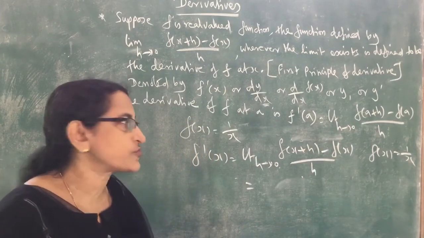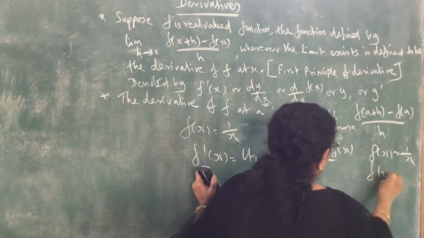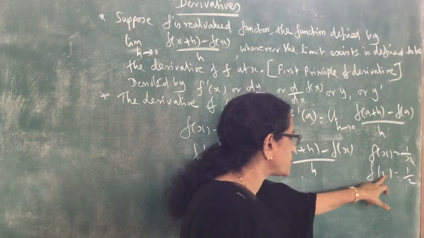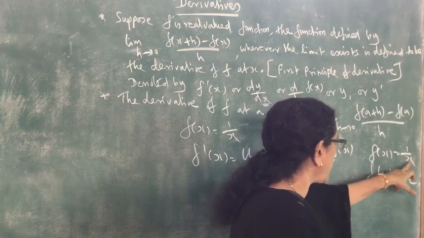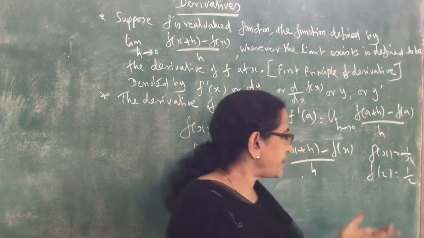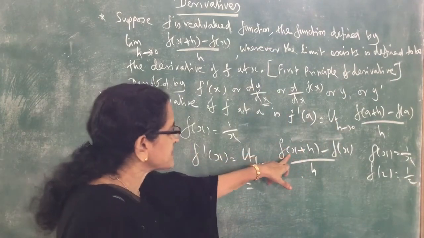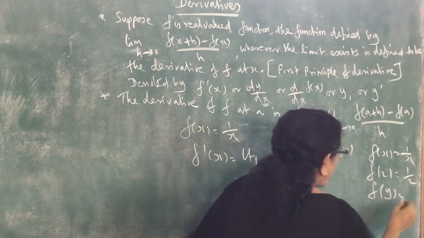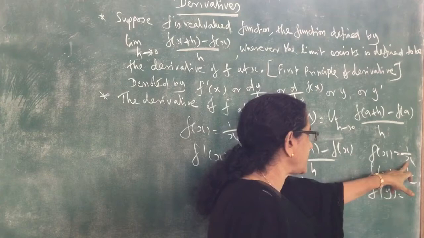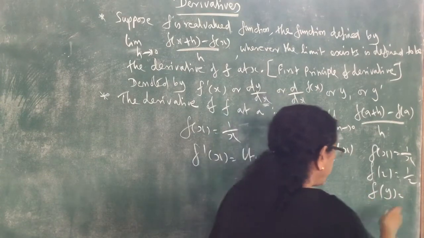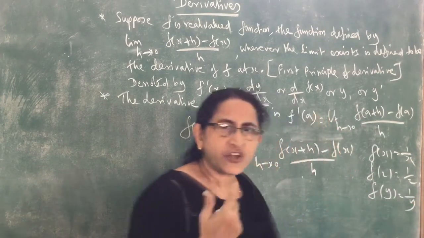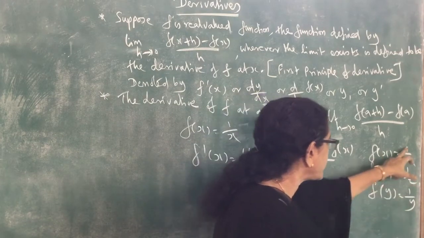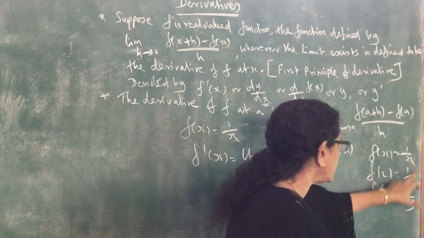So what is f of 2? F of 2 equal to 1 by 2. In the place of x, here we have 2. So in the answer also, we have to substitute x equal to 2. So similarly, what is f of y? F of x equal to 1 by x. So what is f of y? 1 by y. That is, in the place of x, we write y. So here in the place of x it is y. So in the answer also, in the place of x we have to write y.